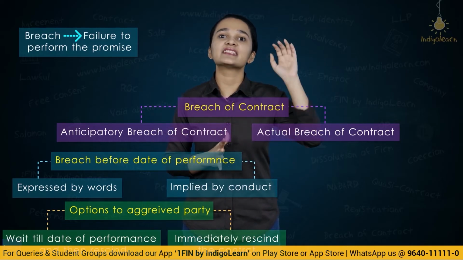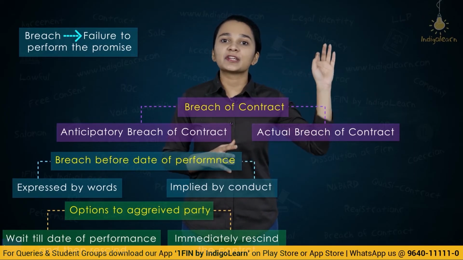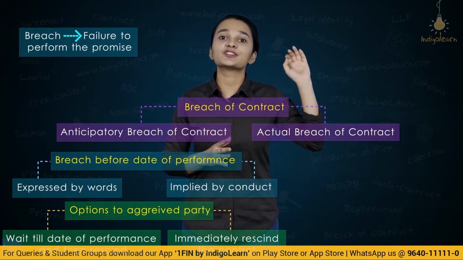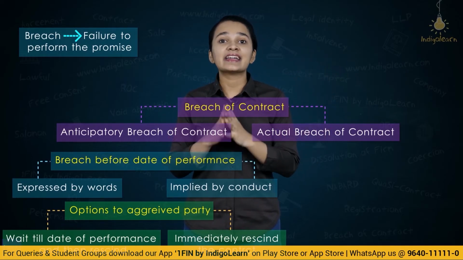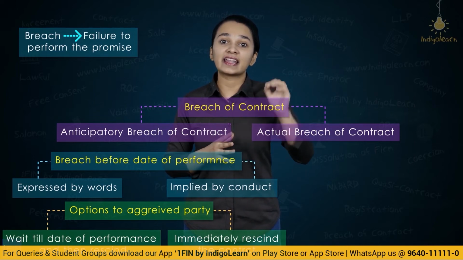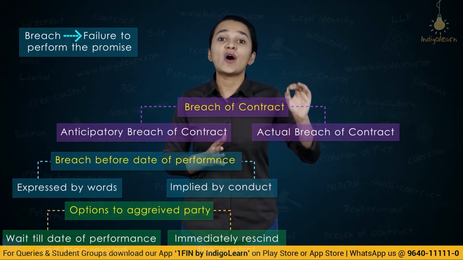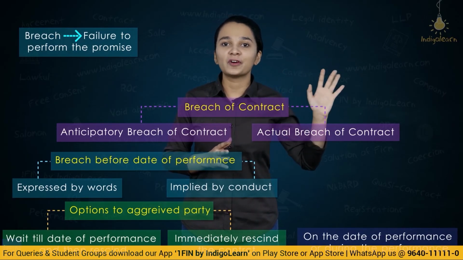Then we've understood what is actual breach of contract. So actual breach of contract is a breach which occurs on the date of performance, that is on the scheduled date. And actual breach of contract can either happen on the date of performance before the performance is started, or it may also happen during the performance of the contract. And after understanding what is anticipatory and actual breach of contract, we then started with the remedies